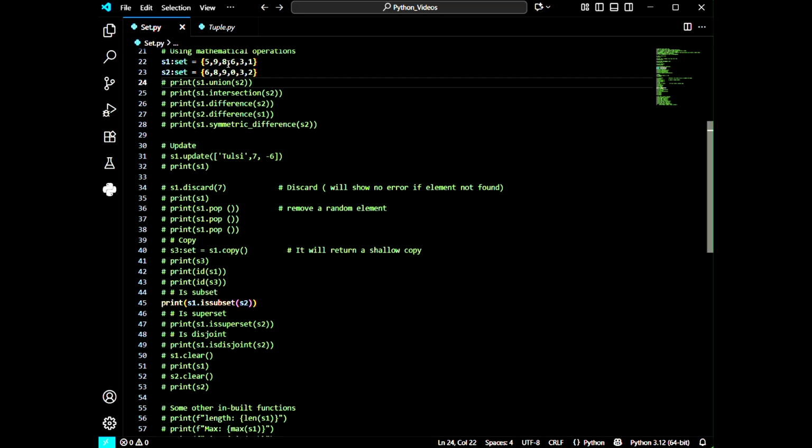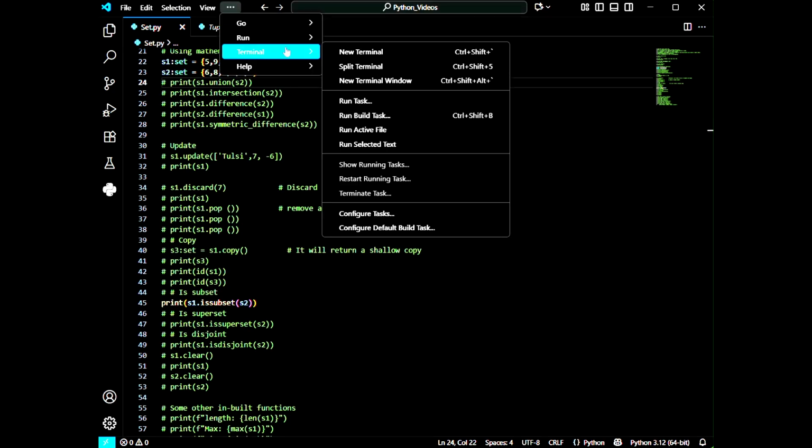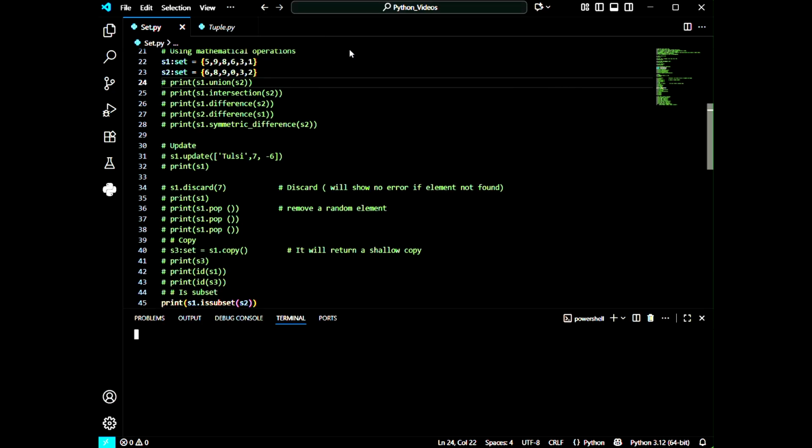If all the elements present in the set S1 are present in S2 also, then S1 is a subset of S2. Let me first run this program and check what it gives as output.